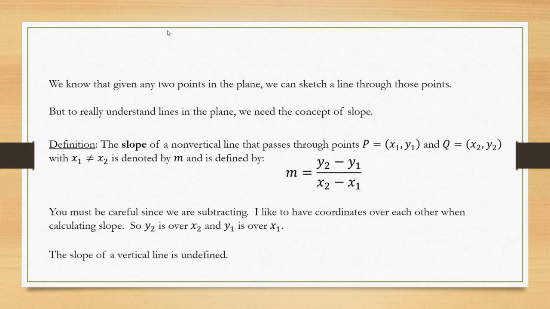Okay, so let's do that. So here is the definition of what a slope is. Notice that the slope of a non-vertical line is defined. Non-vertical line we have, right? So you take 2 points P and Q, any 2 points on that line, any 2 different points on the